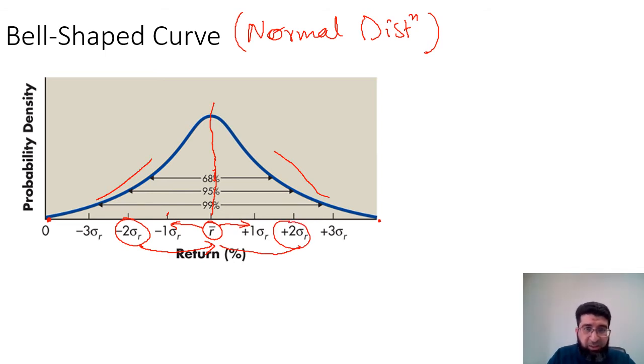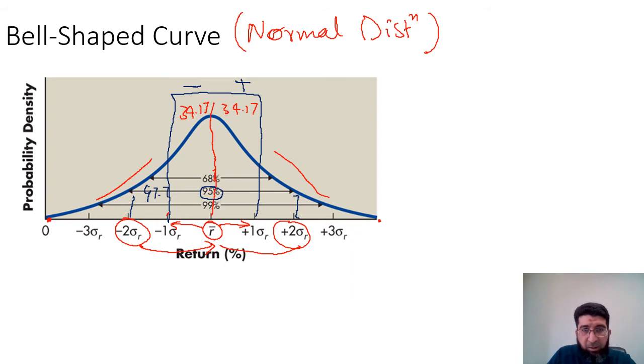Now 68% means that we have around 34.17% on each side. These are the amount of values that fall in this area, within one standard deviation. So the returns fall 34.17% on the negative side and 34.17% on the positive side of the mean value, and they are one standard deviation away. Now as you increase the area, 95% means that it falls here. This will include all of them, which is around